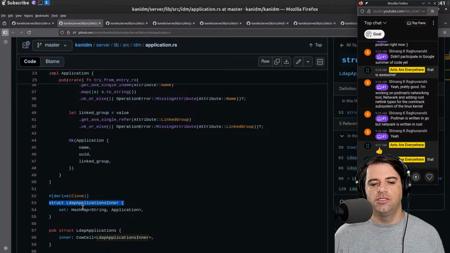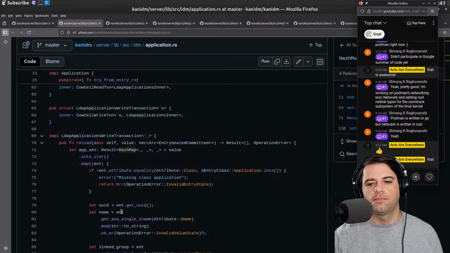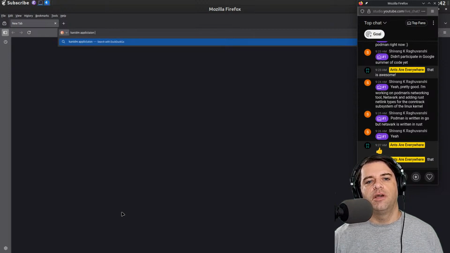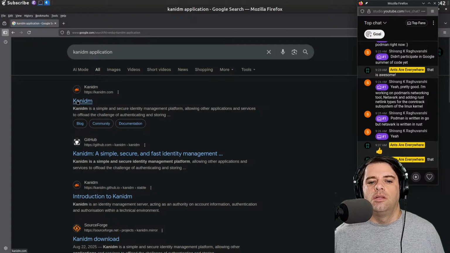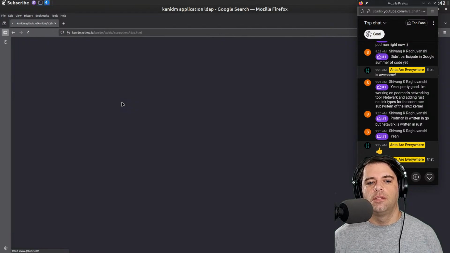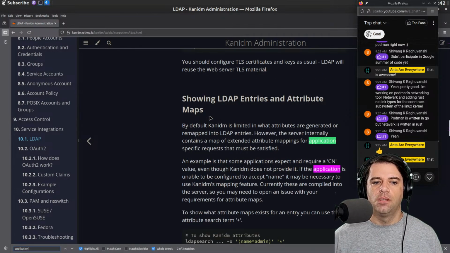LDAP applications inner. Is it a hash map from string to application? Let's see if we can find the documentation. So here's some LDAP stuff.